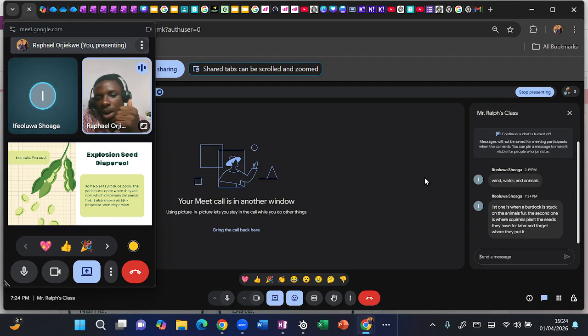Okay, so that second one is in no order. That second one is the animal burial. Then the third one that you didn't talk about is when an animal eats fruits only for them to excrete the seeds later. That is what they call interior. We use a toilet, right? We use the restroom, right? But animals, they